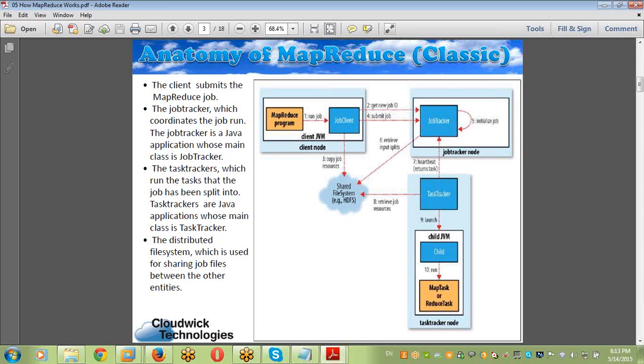We submit the job as a developer. I am writing select star from table name where salary is greater than some amount, and submit the query. Immediately what happened? Yes, the job client submits the MapReduce job. Job tracker will coordinate the jobs.